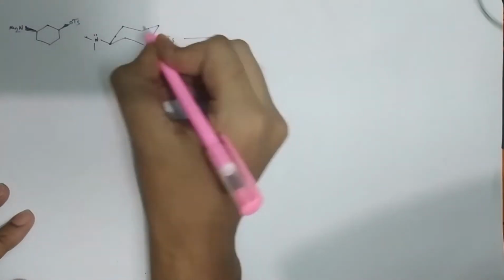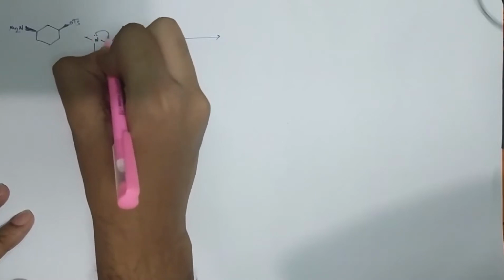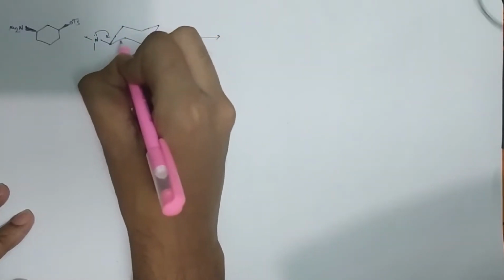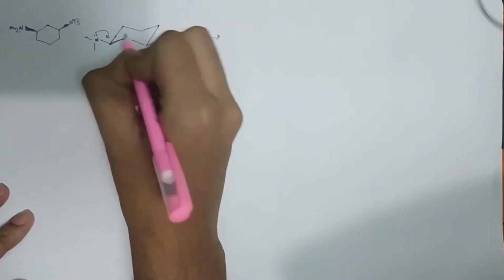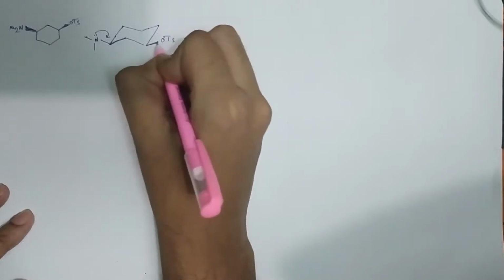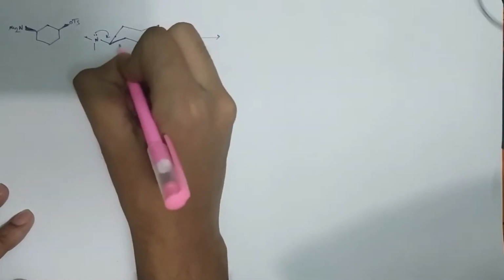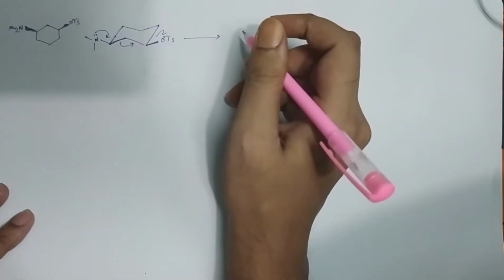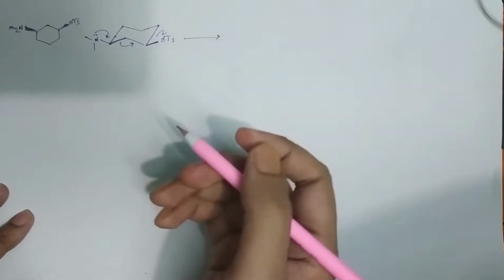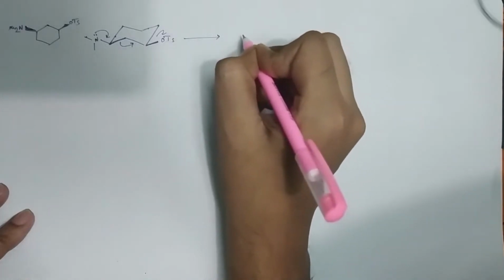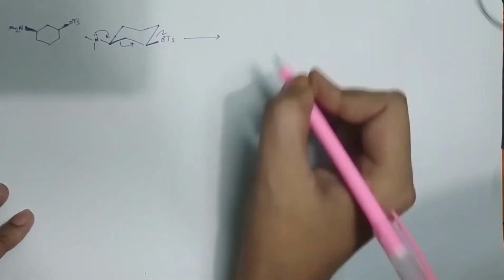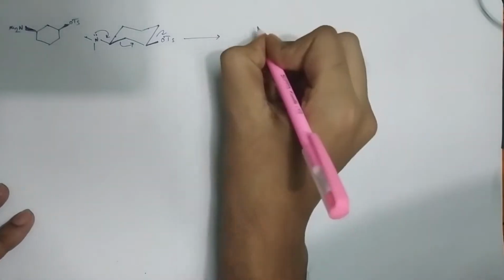If this lone pair pushes back, then this group, which is exactly parallel to this bond, makes this simultaneous bond formation and bond breaking feasible. So what we get,